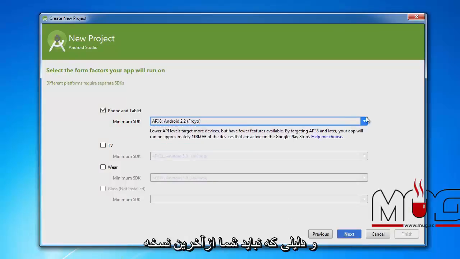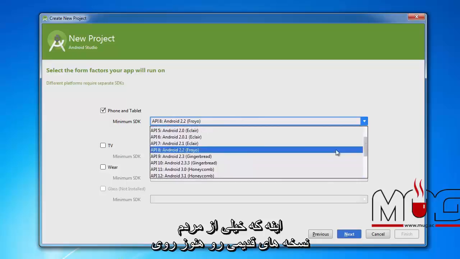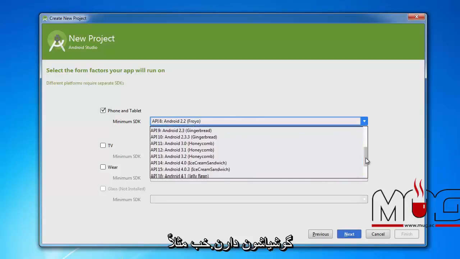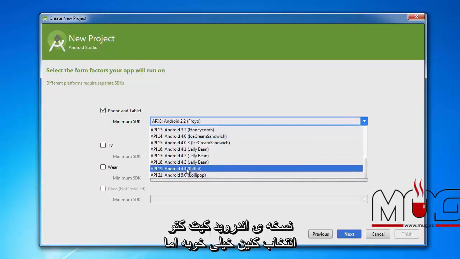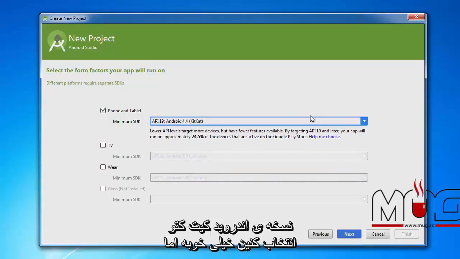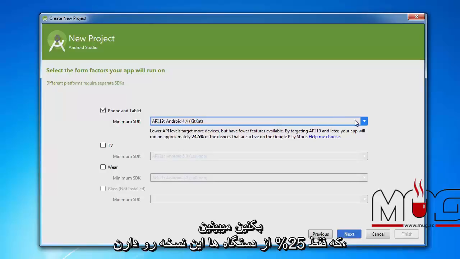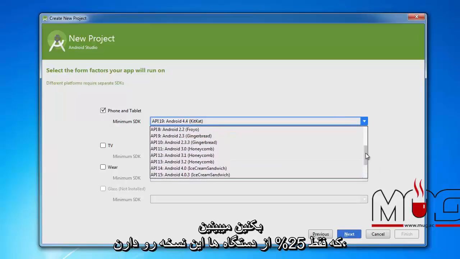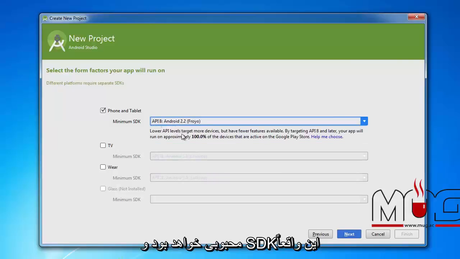The reason you don't want to just develop for the latest one is that a lot of people still have older versions. Say you have KitKat, which is great, but when you put your app on the Google Play Store, it's only going to run on 25% of devices. If you go all the way back to Froyo, which was a really popular SDK,